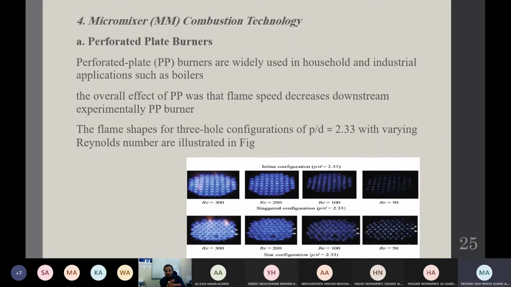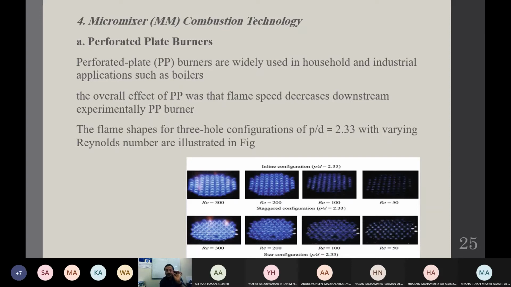So this burner is another kind of burner for more flame stabilization. We said we have a problem with flame stability. Now we try a different burner design. This micro-mixer design is a perforated plate burner, just a plate in which we have multiple inlets. So in this case we divide the flame. As you can see, the flame is divided into many small flamelets, and these small flamelets stabilize